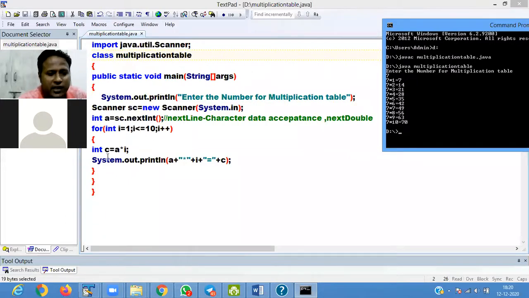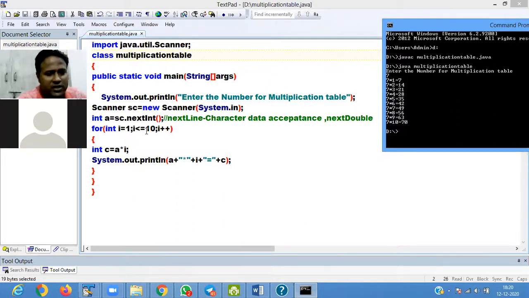Then int c equals a, in a we have stored 7. Whatever value I gave here, 7, is stored in a. Now int c equals 7 into 1 is 7. Then i value is incremented to 2. 2 is less than or equal to 10.